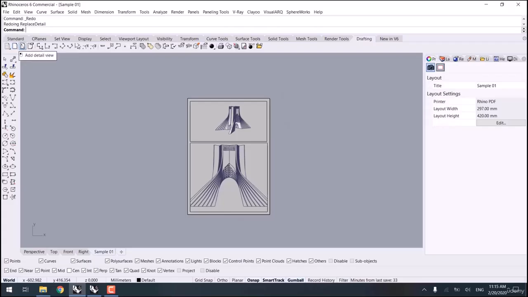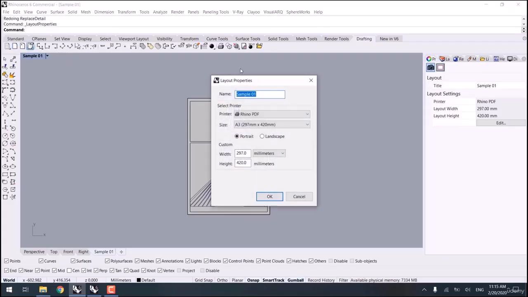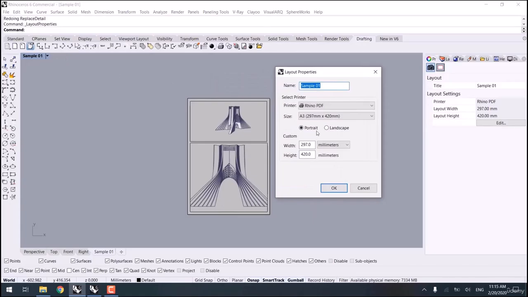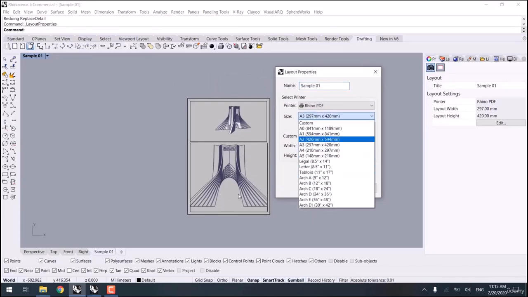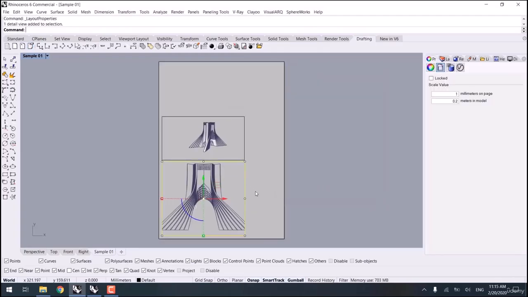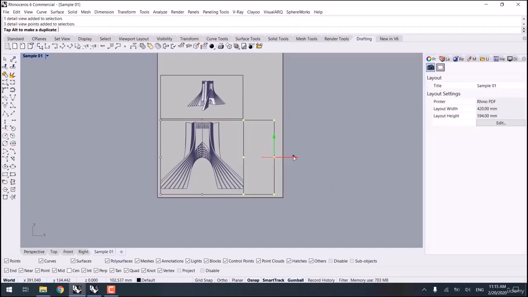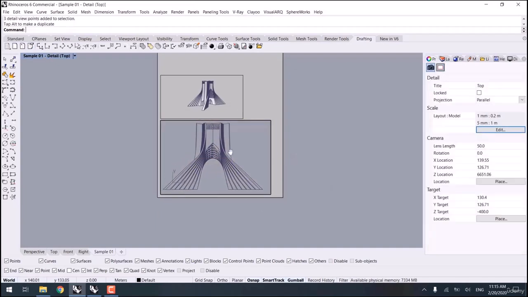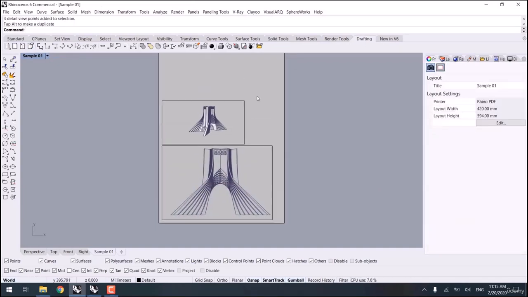Right now we just learned how to adjust the scale of the detail views and also how to create them, how to add detail view, and then in layout properties we can get access to the details and modify them, the size, the custom printer name. For example, you may want to set it to A2 not A3 this way, and then I maximize the detail views boundaries, I extend them, and then